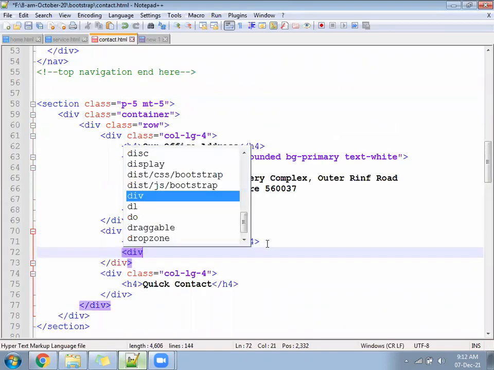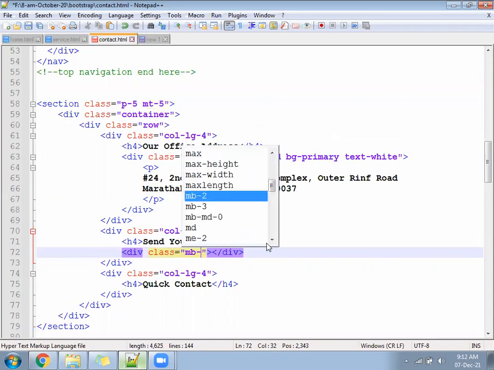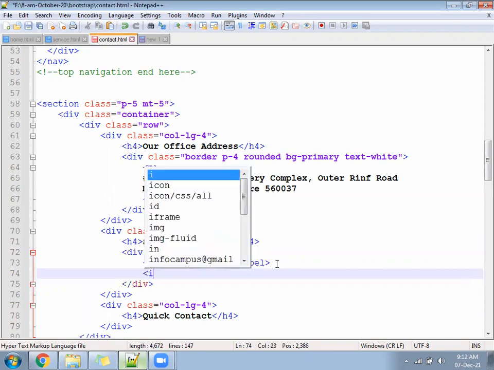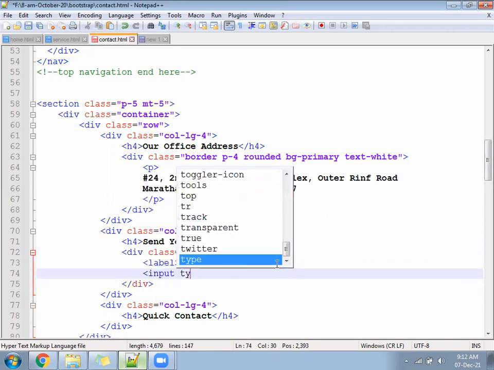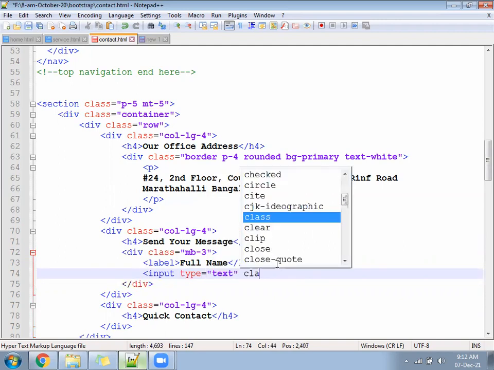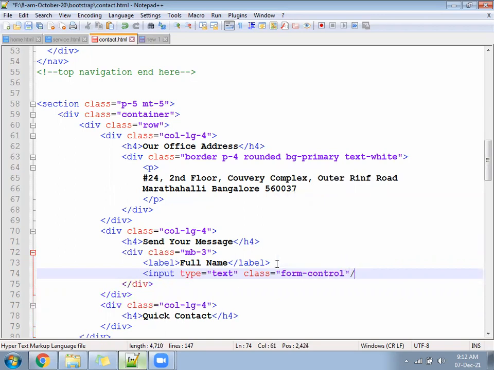Div, class equal to mb-3, label full name, and one text box, input type equal to text, class equal to form-control, full name.